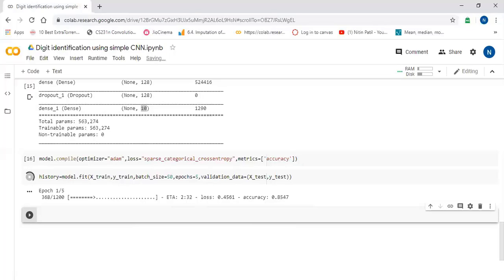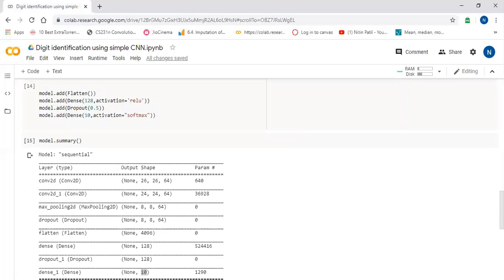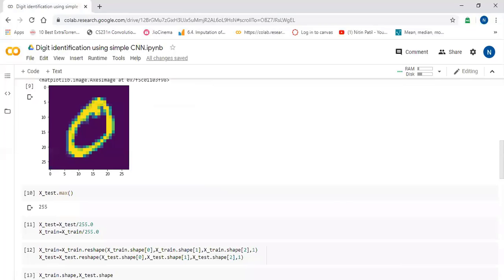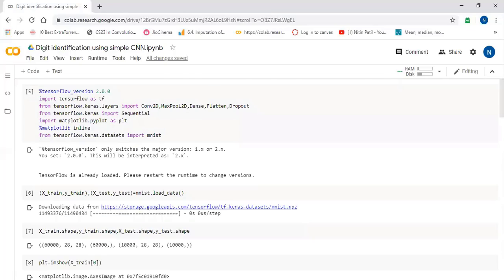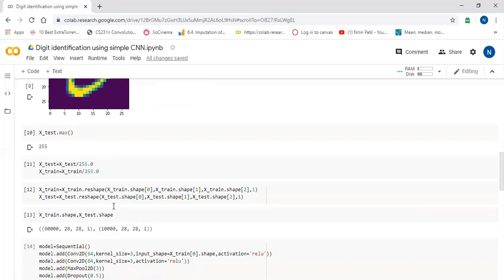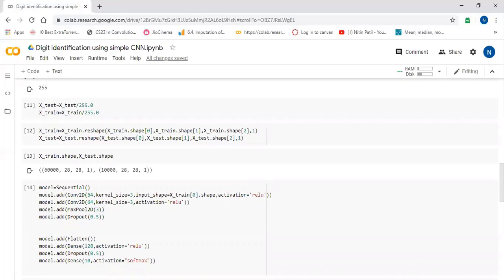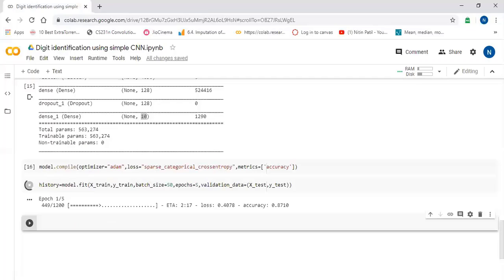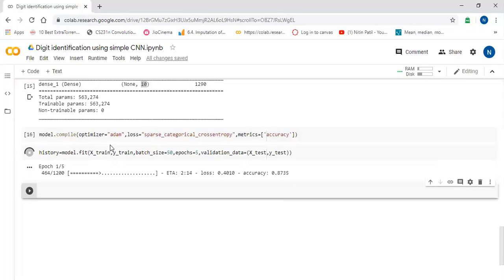If you do not understand any of the steps over here, I have already created videos on how we can create the model. So you can go ahead and check those. And for convolution and max pool, I am going to create theory sessions.